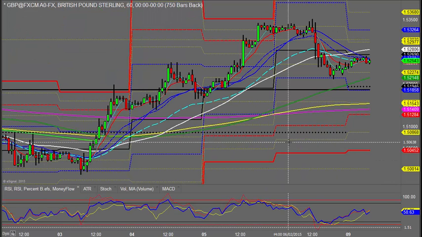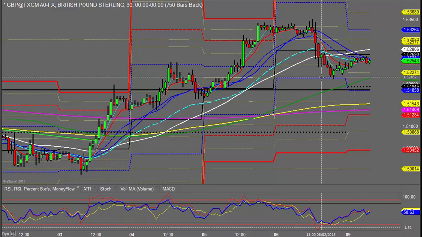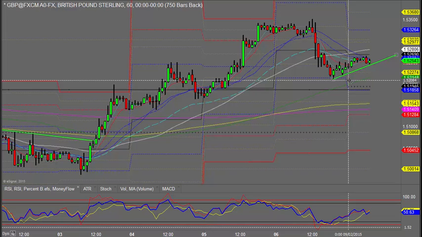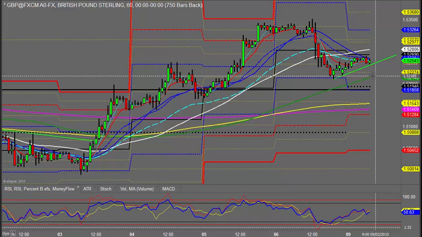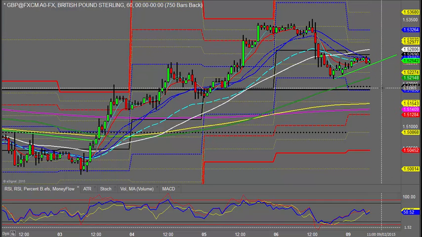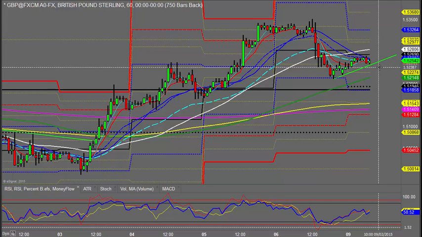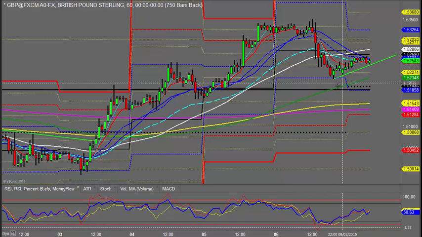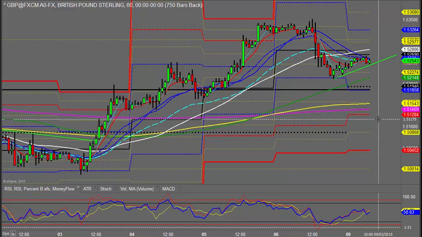Looking at the hourlies here, and well, same sort of thing. If we see a break of these lows here, if I just draw a trend line across the lows here, I could be quite bearish there, looking right down for Friday's lows and beyond. I would like to see that 152.69, 152.70 area taken out first, in which case I'd be erring still fractionally towards the bearish side this morning. We'll see how we go, but certainly if we break that trend line I've drawn on there, I'll be certainly bearish down towards the daily R1 at